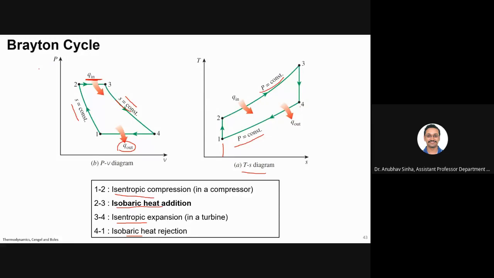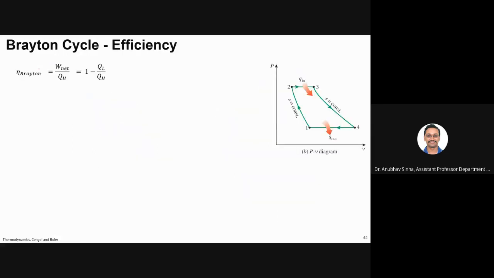So now let us try to calculate efficiency. Again the same equation, W net by QH. Now we have both the heat Q in or QH, and QL. Both of these heat transfers are at constant pressure, so I can say m Cp delta T. Okay, m Cp will get cancelled. We are left with 1 minus delta T for this divided by delta T for this.